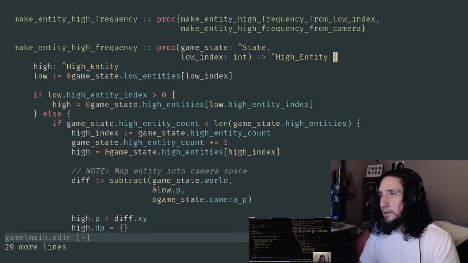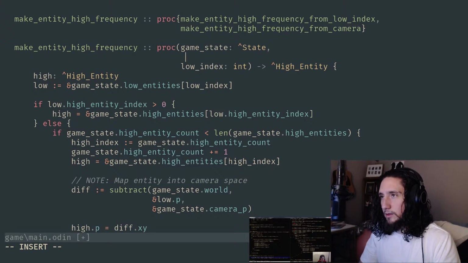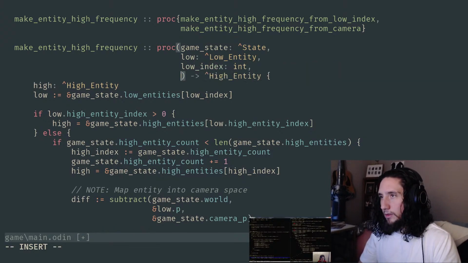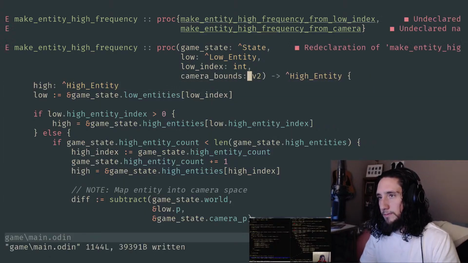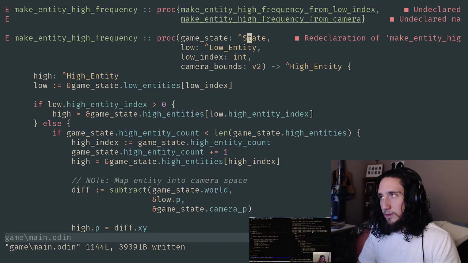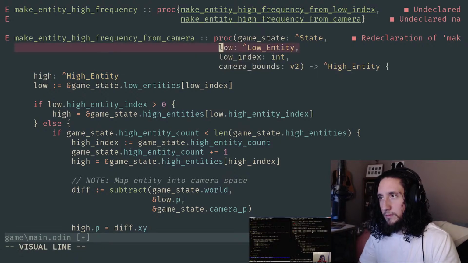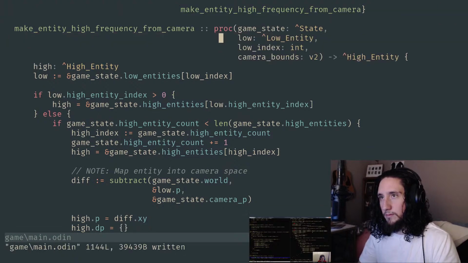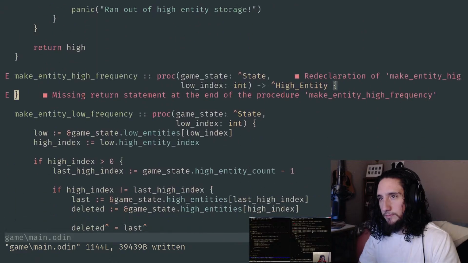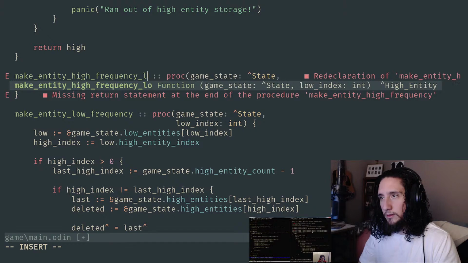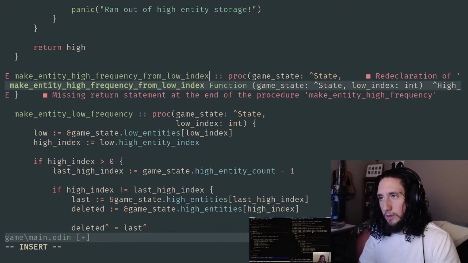And it's going to take that low entity, which I'll just call low, and it'll be a pointer, and then our v2, which is the camera bounds, and this is going to be from camera. Seems fine. And then over here, this is from low index.